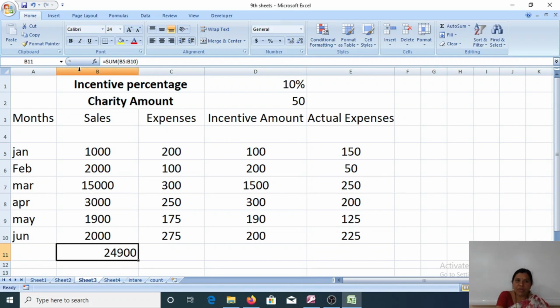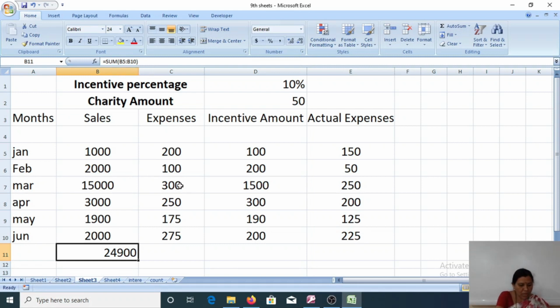So here, function name is what? Which type of function does it have to do? It has to do addition, so I used sum. And the range is separated with the colon or comma.